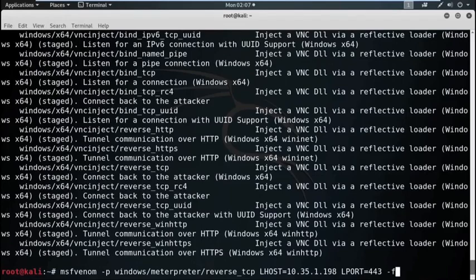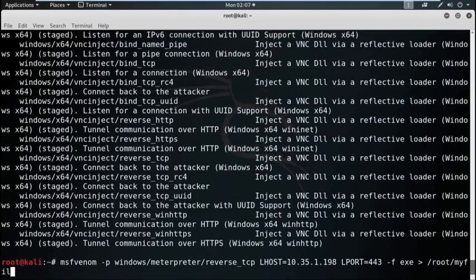Now, -f specifies the file format. I am going to create an exe file. Now, put the location where you want to store this executable file. I am going to store this executable file in root under my file directory, and the file name is maybe flash8.exe.